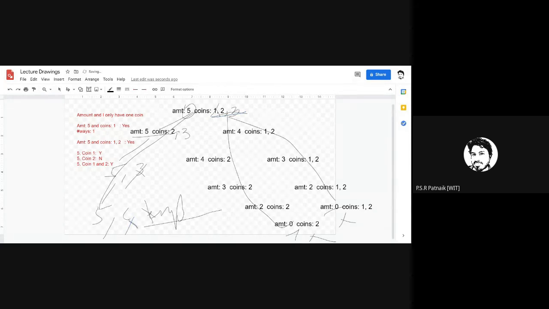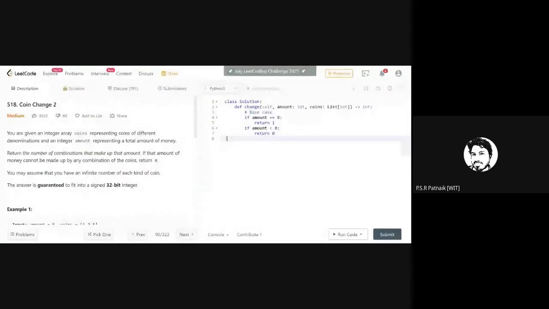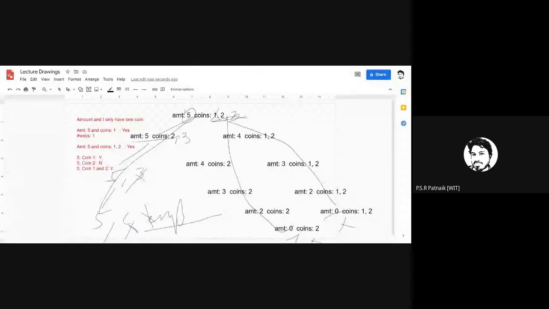How do you handle this case here? You will check for either amount less than 0, or the length of coins. Why am I checking the length of coins? If I don't want to use a coin, I am just reducing this length by 1.